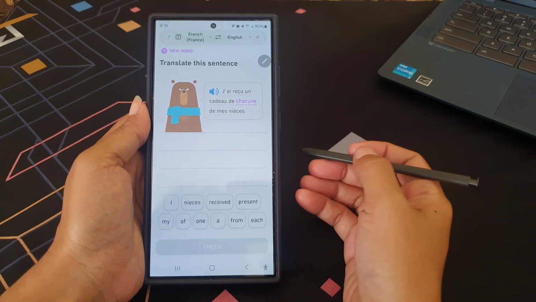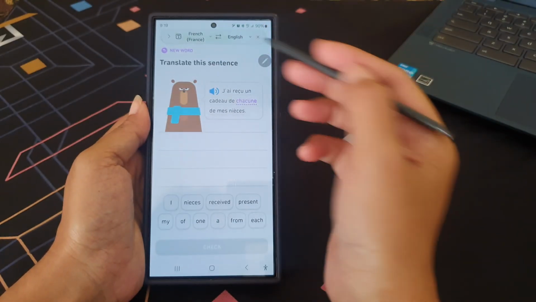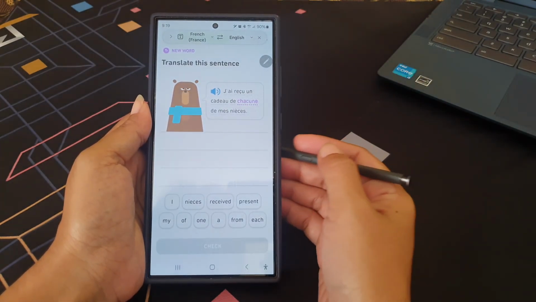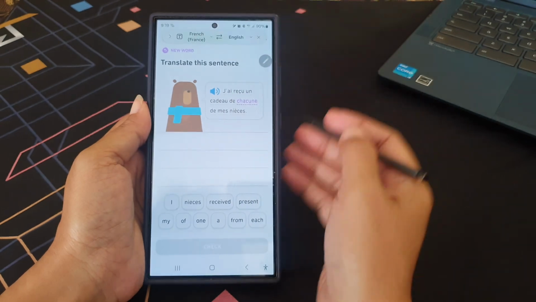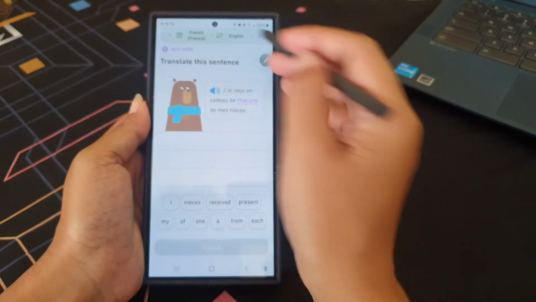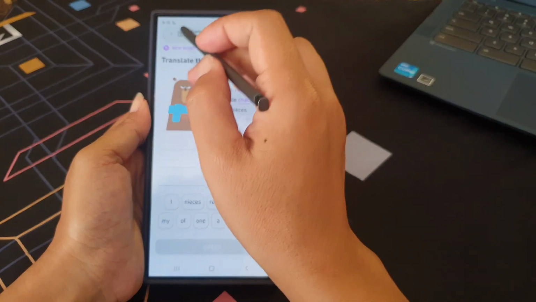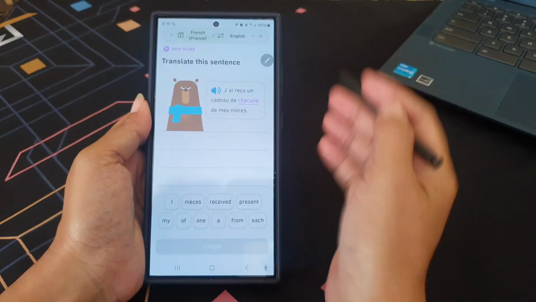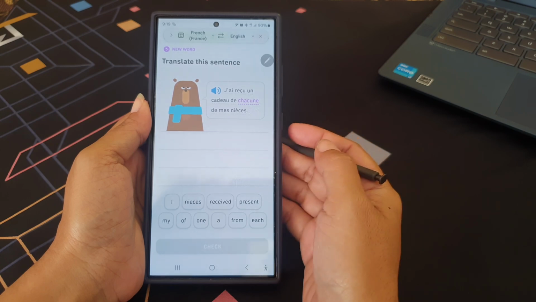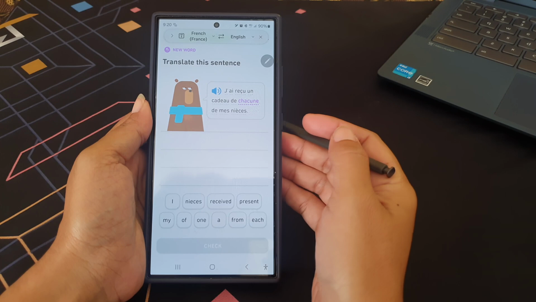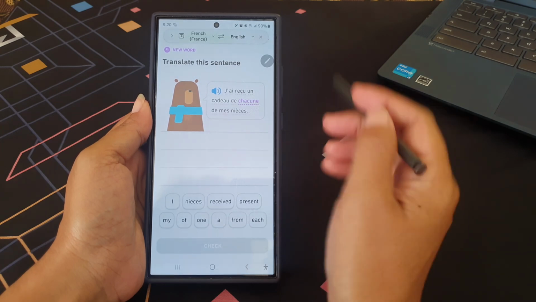If needed, you can change the source and target languages. As the example, we will set the source language to French and the target language to English. Here you can see a square with the icon. In the translation bar, tap the icon so that it will change to a square with some line icon.